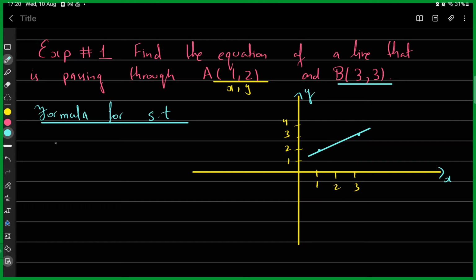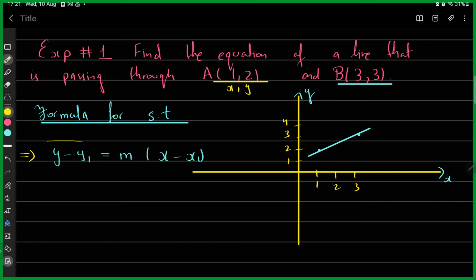It is y minus y1 equals m into x minus x1. Okay, perfect. This is my formula. If you are interested in finding out the area of something, you do length multiplied by breadth. If you are interested in finding out the volume of something, you do length multiplied by breadth multiplied by height. If you want to find out speed, you do distance over time. Okay, so we know that in maths for different things we have different formulas, and this thing right here that